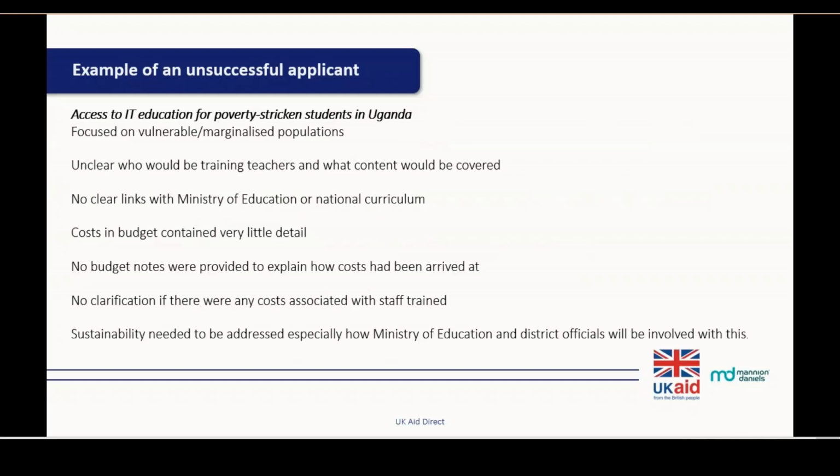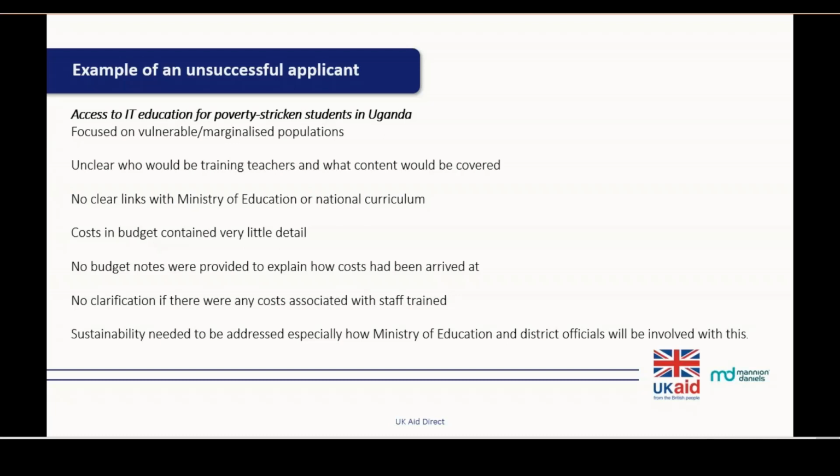So this again was a scale up of a previously successful project. However, they didn't outline the impact of the previous project very well. They did describe a need for IT equipment and education in terms of there being a lack of both in Uganda, but there weren't really any statistics or evidence to support the specific needs. So they just made a very general statement about that. They didn't back that up with any statistics or evidence.